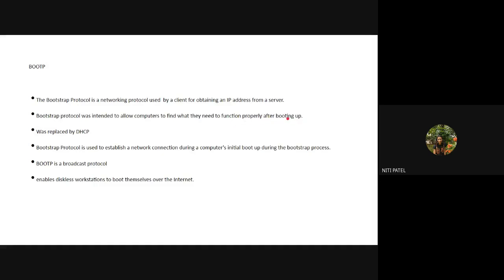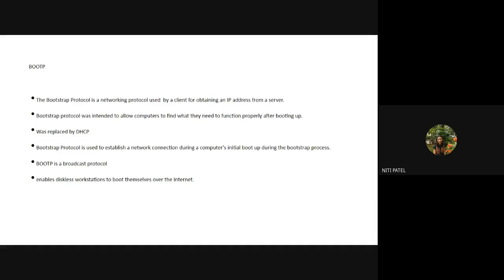Now what is happening when my system starts? It has to perform the boot up procedure. It has to load everything, load the operating system, load all the components required. Then if I have also connected to a network, it has to check all my networking ports also. Once the network connection is done, by using this protocol, I will request for the IP address. I will get the IP address and I'll start the communication.